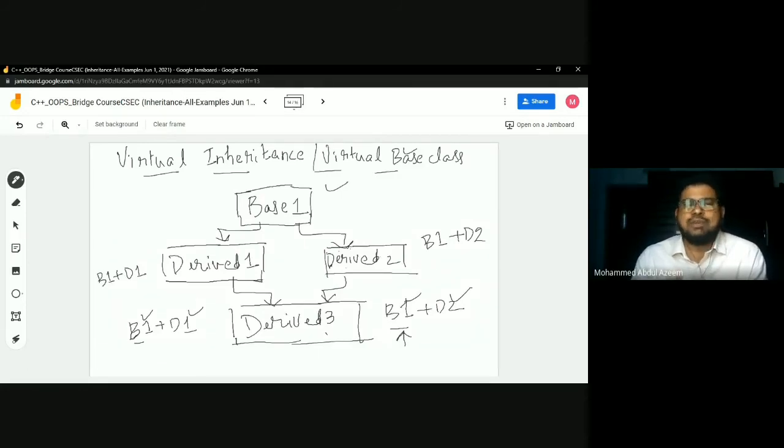Basically, the basic advantage of inheritance, as we said, is the reusability concept. Once you code, compile, test, and debug the class, you can inherit it wherever you want, and thereby access all its properties. Here, properties means the data and the functions, because the class is a combination of both data and function together as an entity. So all that you can access, but within a certain scope defined by the scope rules.